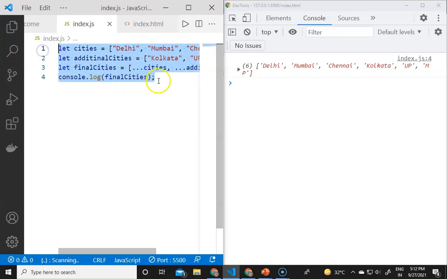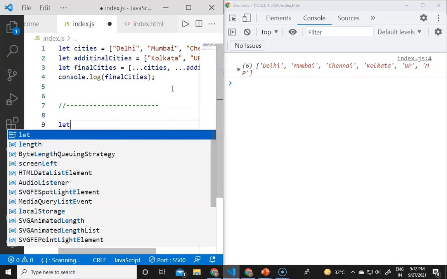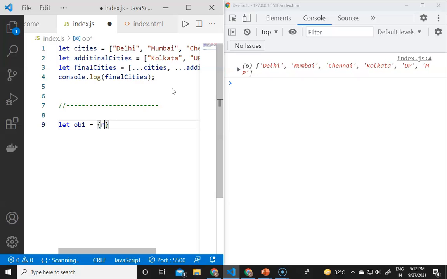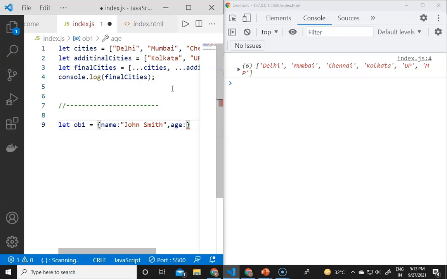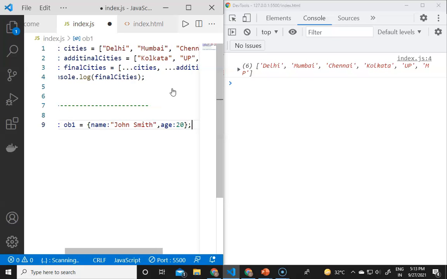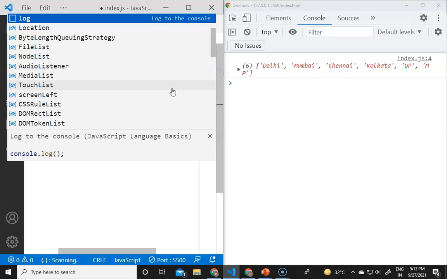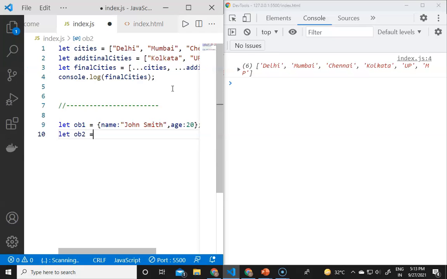Now if there is an object, like let object1 equals name John Smith and age 20. If I want to add new elements to this object, I create an object2 equals occupation, he is a developer.